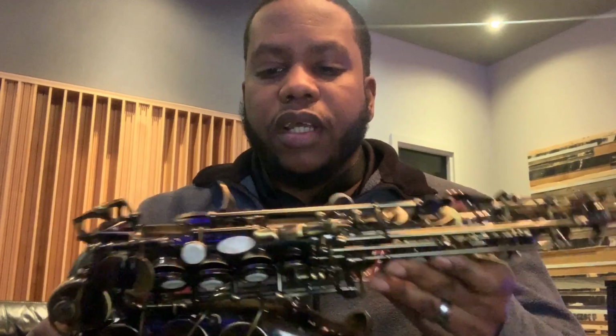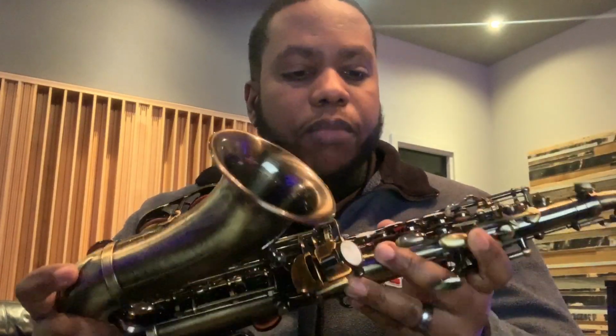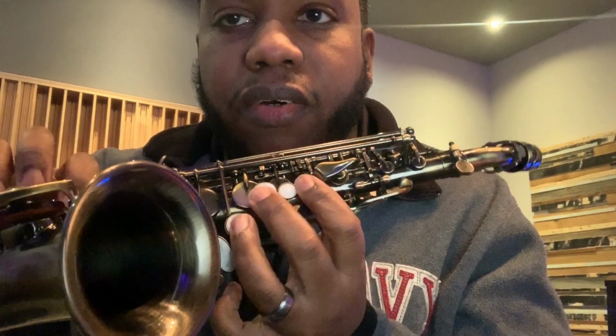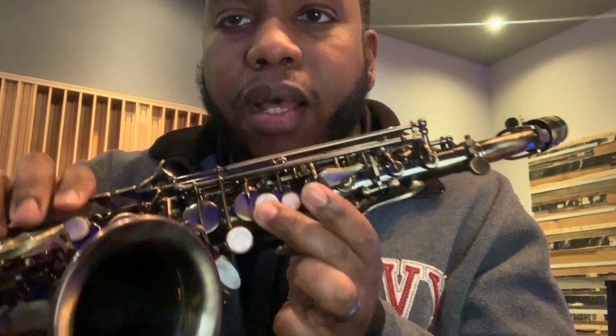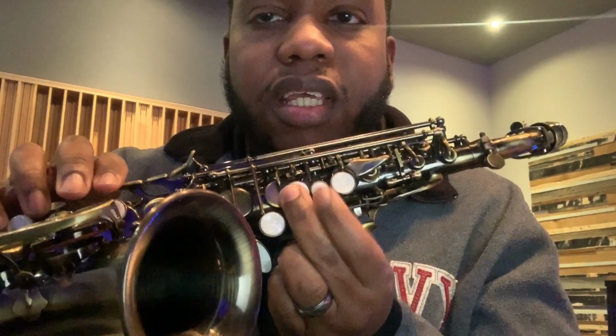So let's talk about some of the other adjustments I had to make. First off, within maybe a couple of weeks of playing it, I noticed that I was getting some leaks in my F key here, and that's because the bass key, whenever I would play C or F or any keys up here, G or I can't remember, but pressing the C key would not properly hold down the bass key